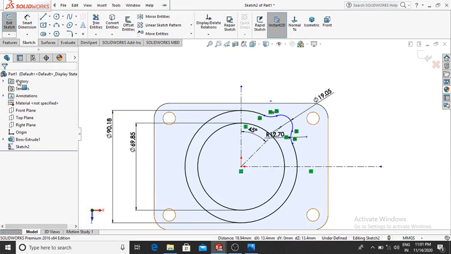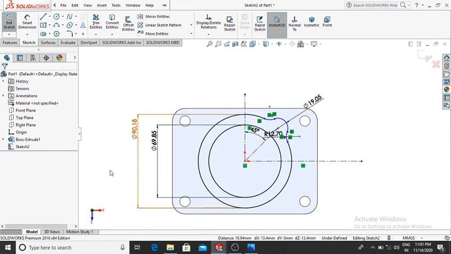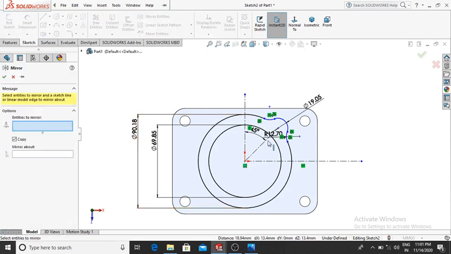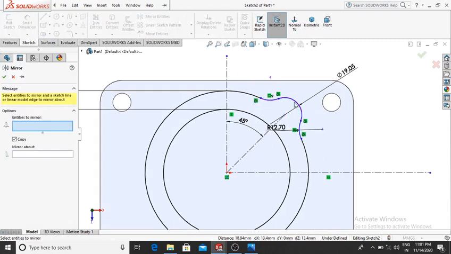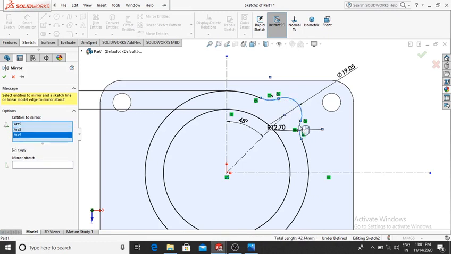Here we use the mirror feature command. Select the mirror and here we select this and mirror about this center line.